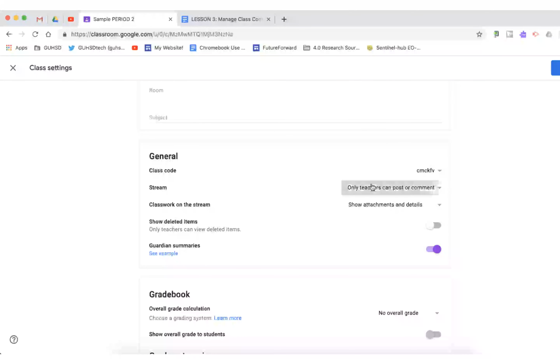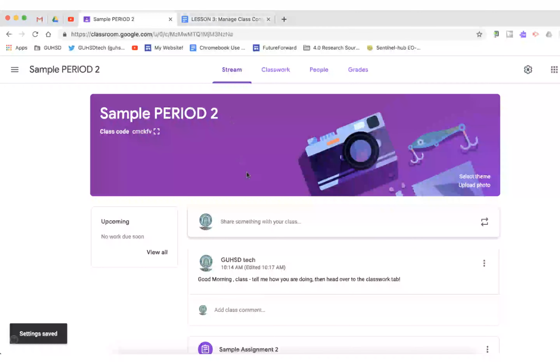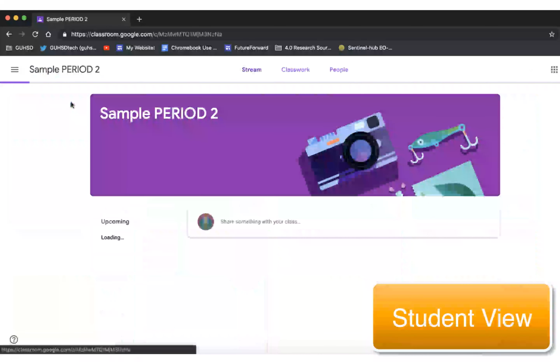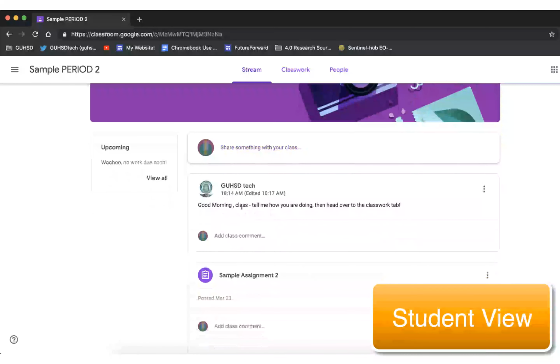So if we look at the stream here, and students can post and comment, if we enable this feature, let's go ahead and click here, go ahead and click Save. So for example, if I have an announcement that I've made, good morning class, tell me how you're doing, then head over to the Classwork tab. If we look at the student view, the student logs into Google Classroom, they see the announcement at the top, tell me how you're doing, then head to the Classwork tab. So if I'm a student, click here,